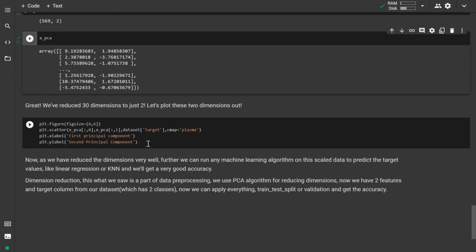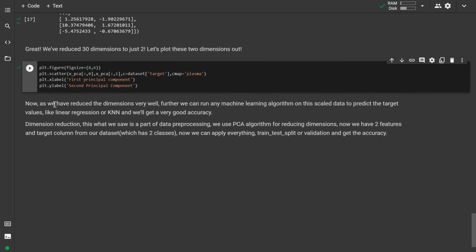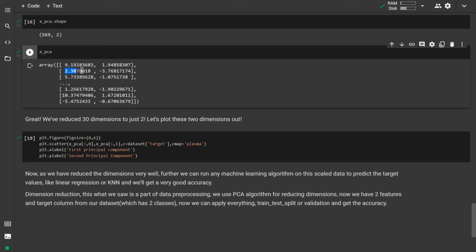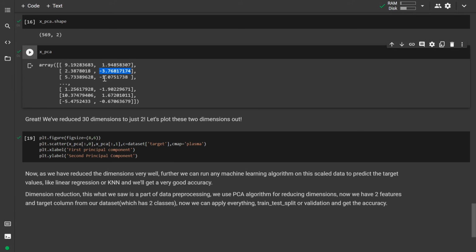So now let us plot these dimensions out. Let me move to the visualization part. We'll be using PyPlot for visualizing our data. Right now you can see that I am using plt.scatter for this. What are the inputs here? The inputs are our XPCA, all the records, but of the zero index. What does this mean? It is just an array which consists of the zero index values of our XPCA. Similarly, the second part is the second component, or the first index of our XPCA array.